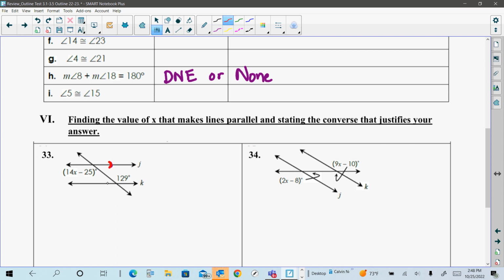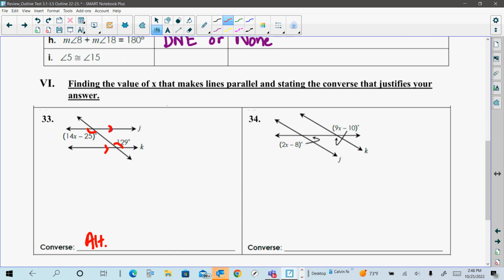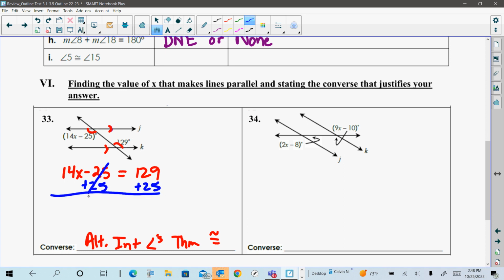Now the last part here, they're telling us that the lines are parallel. So knowing they're parallel, we're trying to figure out the value of X to make it true. So we're just solving for X like we did with the algebra problems. This angle represents the 14X minus 25 and 129. It's right there. What we have as our converse, we are seeing hopefully alternate interior angles. And if we have alternate interior angles, they are congruent, which lets me set this up as 14X minus 25 is equal to 129. And we're going to solve for X by adding the 25 to both sides to isolate that 14X. We get 14X is now equal to,